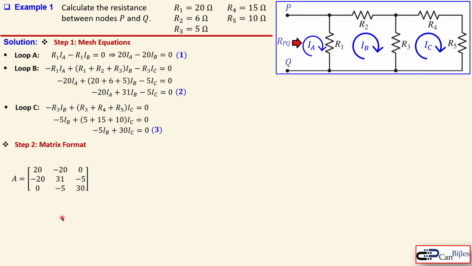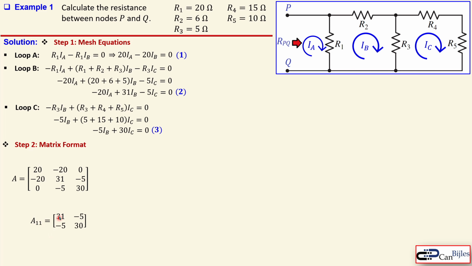That's shown here. Now we will create a second matrix. This is a 3 by 3 matrix, a square matrix. The other one will be a 2 by 2 matrix, which will be created from this matrix by eliminating the first column and the first row. That will be 31, minus 5, minus 5, 30. And that is what we call here